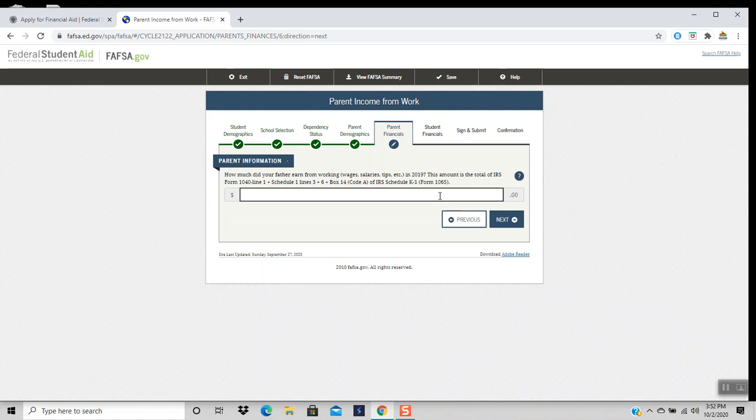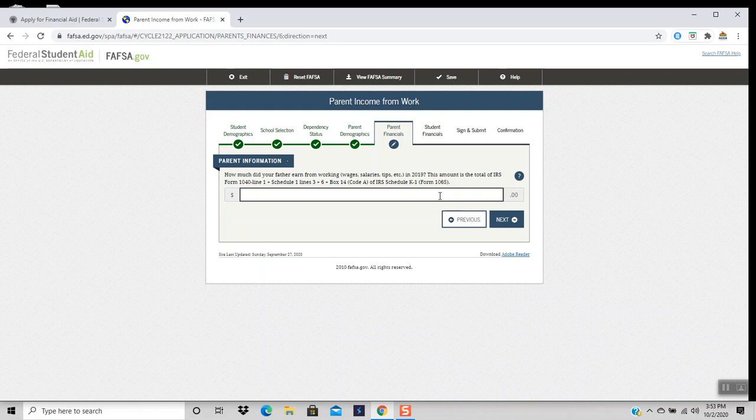Some of you may have a Schedule 1, some of you may not. I'd say it's probably 50-50. If you have a Schedule 1, this is the kind of additional income it's going to mention: alimony, business income or loss, rental income, real estate, anything from a royalty, partnership, S corporations, farm income, unemployment compensation. All of those would be there on your Schedule 1. Also, things on Schedule 1 are adjustments to your income. So educator expenses, health savings account deductions, moving expenses, self-employment tax, if you're self-employed and you participate in certain retirement